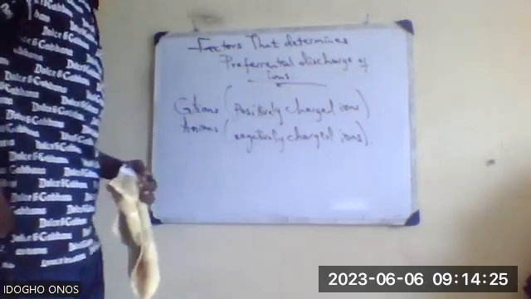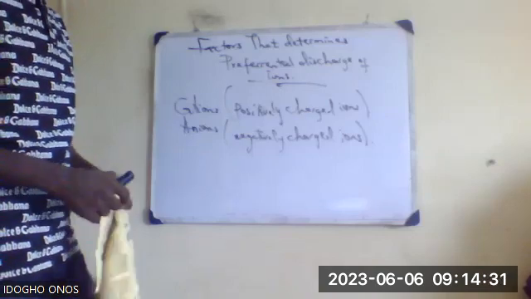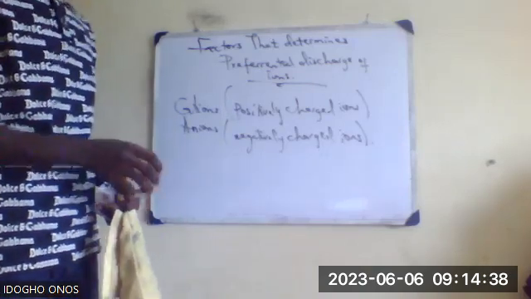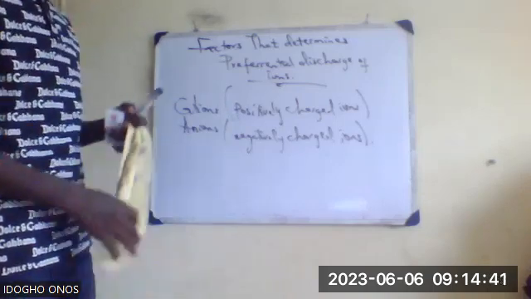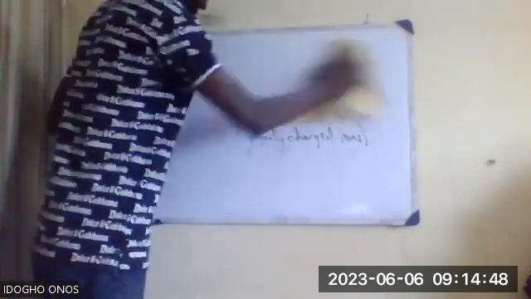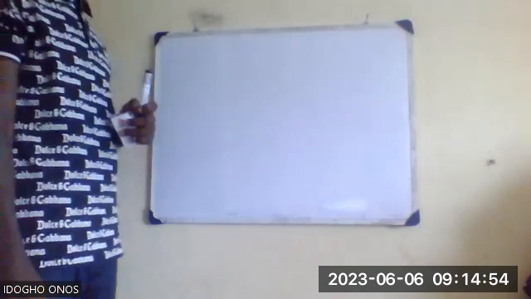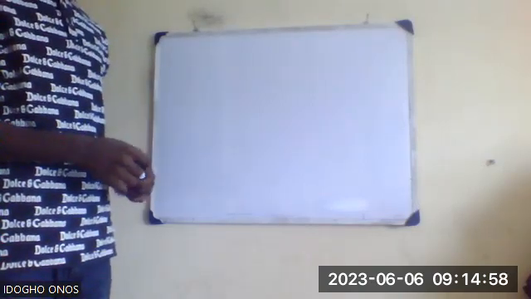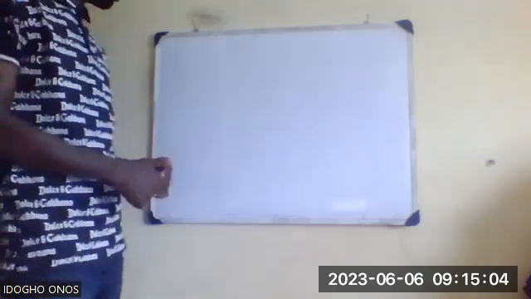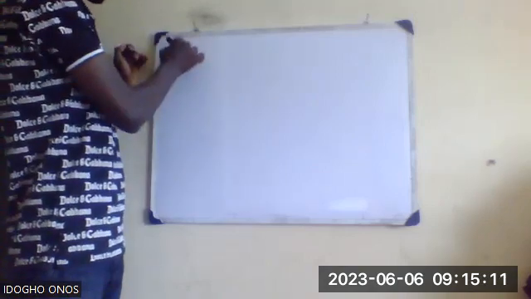So the cations migrate to the cathode and the anions migrate to the anode. That was an established fact yesterday. We were also made to understand that sometimes during electrolysis we could have two or more ions migrating to the cathode or the anode respectively, and under certain factors or conditions, only one of the ions is expected to be preferentially discharged over the other. And the factors we listed yesterday were that the first one was